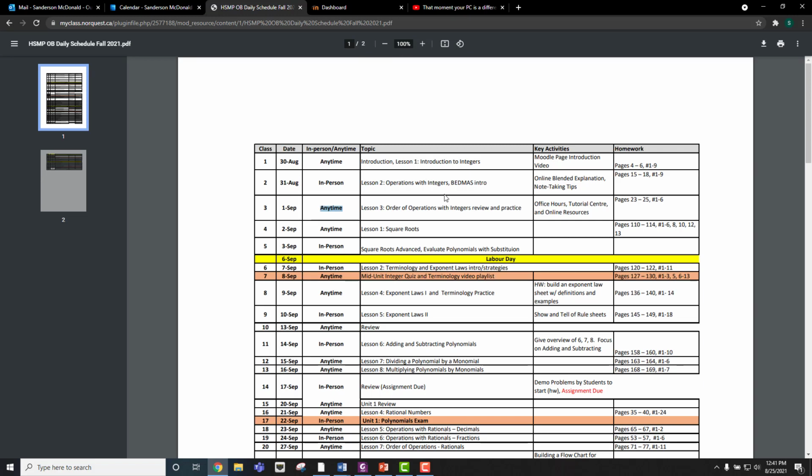We'll go over strategies for the more challenging types of questions, that sort of thing, and more talking about how everything connects to each other so you know what you're learning and why when you're dealing with these anytime pieces. So on the 1st of September, for instance, we don't have a 9:30 class time. This is a Wednesday. So what do you do for this particular lesson? Well,